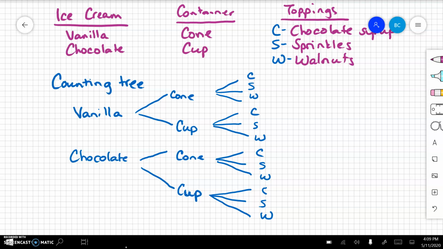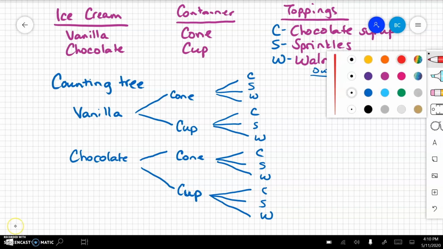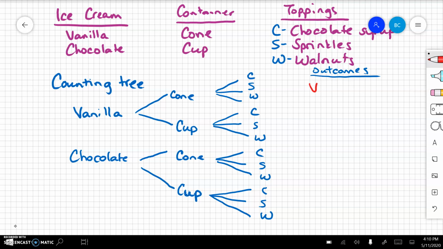So then I might ask you, how many possible outcomes are there? So the outcomes are vanilla. I'm going to actually add on to my key, vanilla, chocolate. Let's call the containers, how about O and U? I'm just looking at the second letter because I already have C in multiple places. So my outcome might be vanilla cone